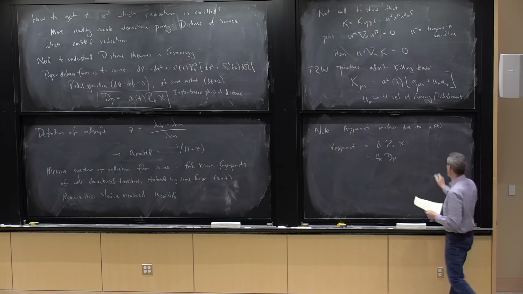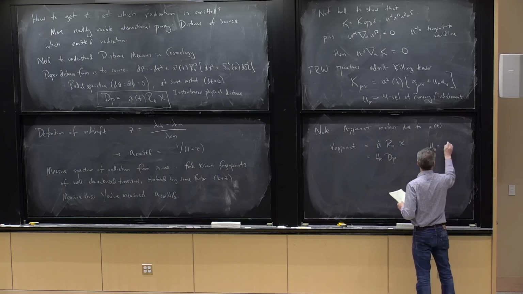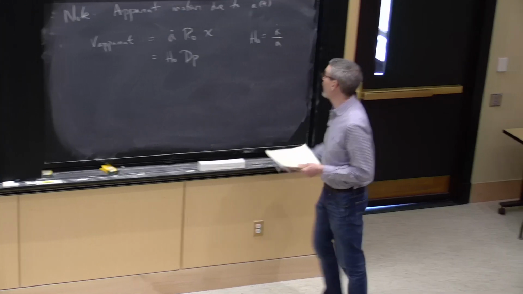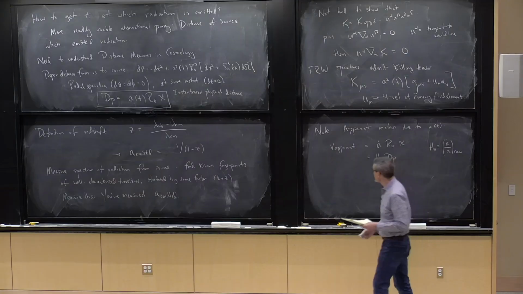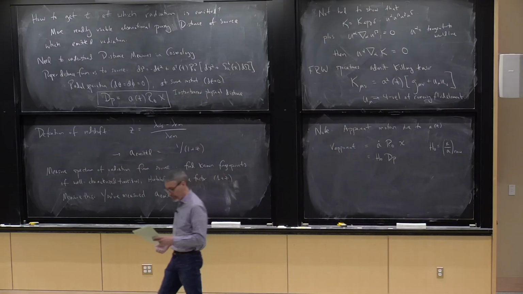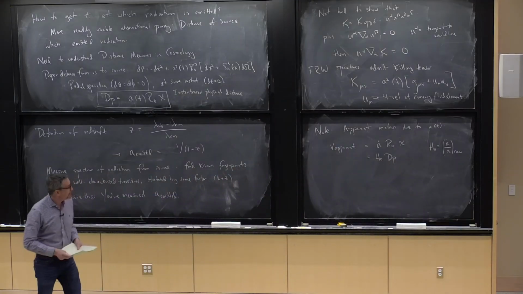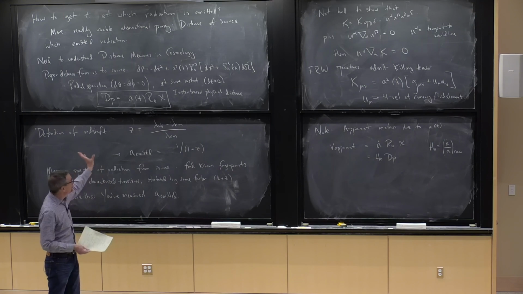Okay, recall that the Hubble parameter is A dot over A, and if I'm doing this right, that's the value of the Hubble parameter now. So this is the Hubble expansion law, the very famous Hubble expansion law. Okay, so we can see it hidden in this, not even really hidden, it's quite apparent in